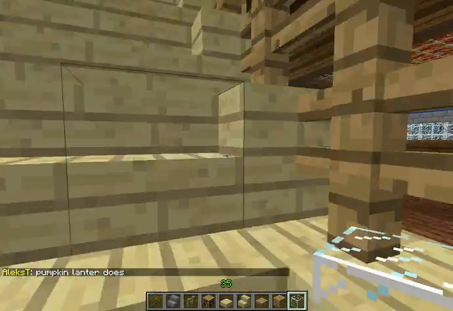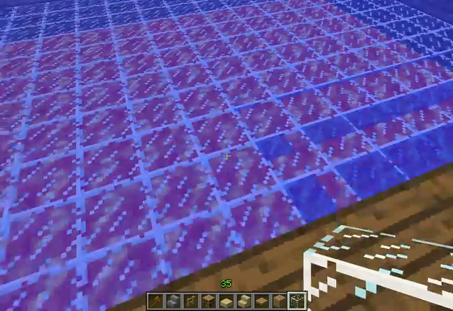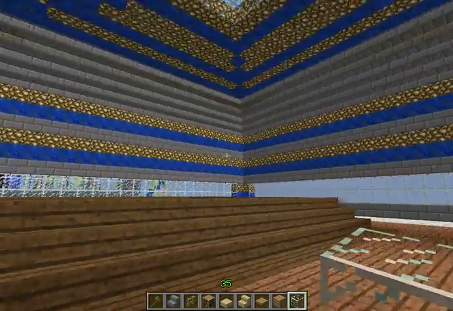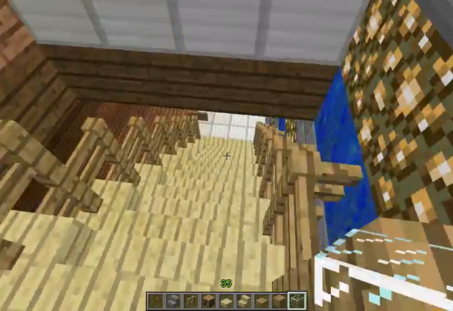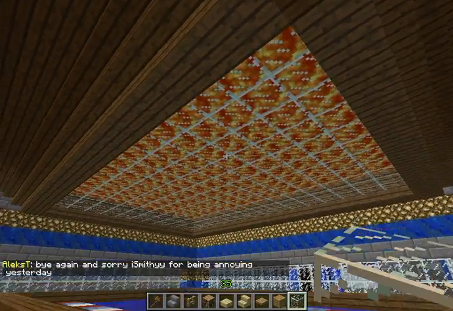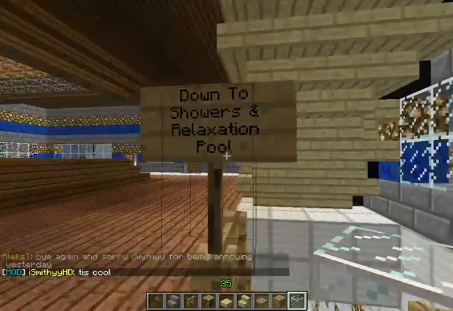Up here is the heated pool, which is quite simple, really. It's lava, glass, then water. Haven't really done anything else up here. I don't know if I will or not. I actually put it so you could see the lava from up here, so it lights it up as well. Down here is the showers and relaxation pool,